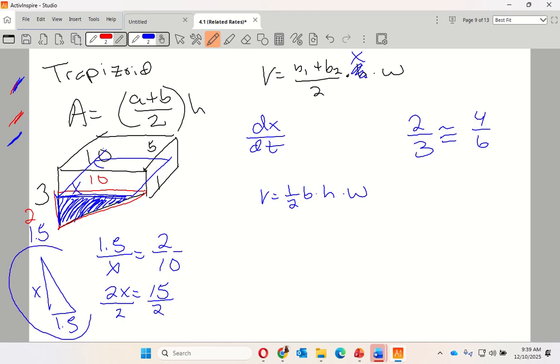This is why I'm saying this is a whole day for this one problem, because we have to make formulas for this. There's nothing like specifically, oh, throw it into the formula, find your math, there it is. We have to make a formula. So this has to be used to replace my values. So my height is changing, and in this case, my x is changing. So it would be volume equals 1/2